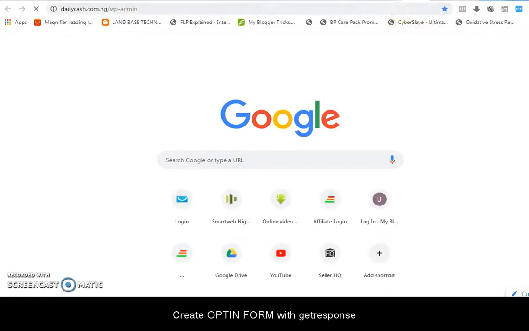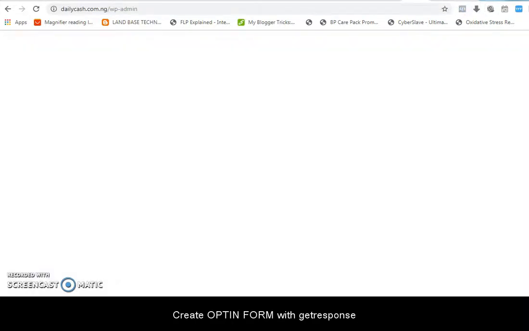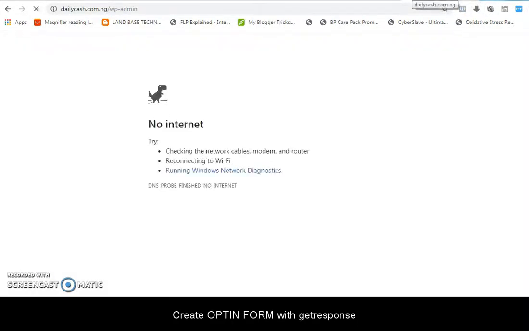I am looking at the possibility of, when we get a code, practicing how to install the code on the page that we are going to create. That is what I intend to do.